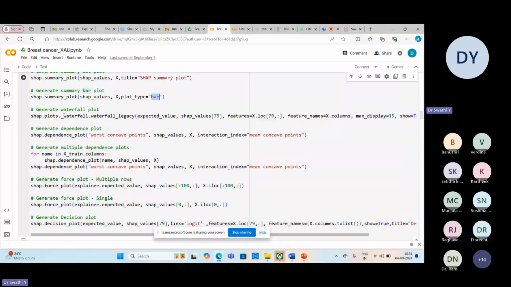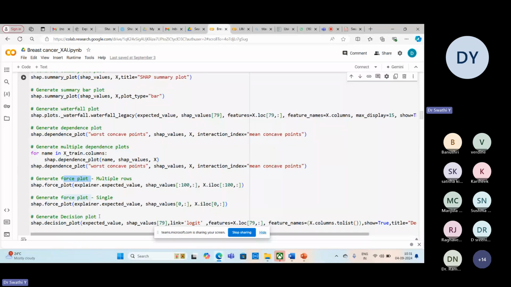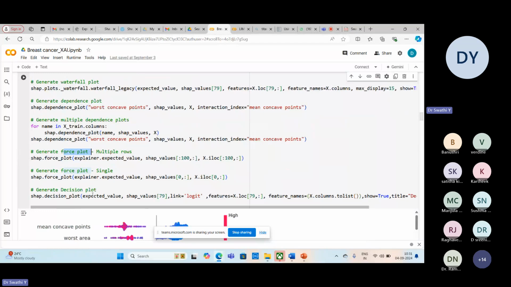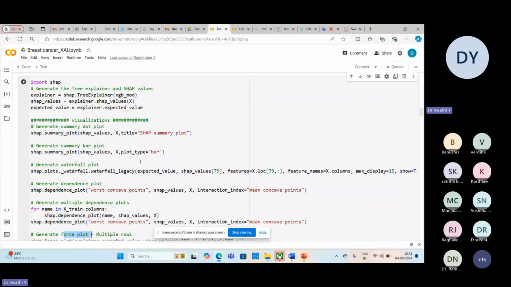I can also generate a waterfall plot, and a dependence plot, single dependence or multiple dependence. And with respect to multiple rows and single rows, I can generate a force plot, and also a decision plot. So all these are the basic visualization plots available in the SHAP library.